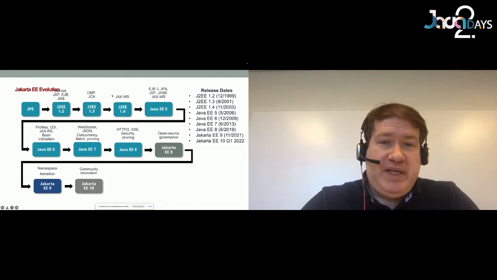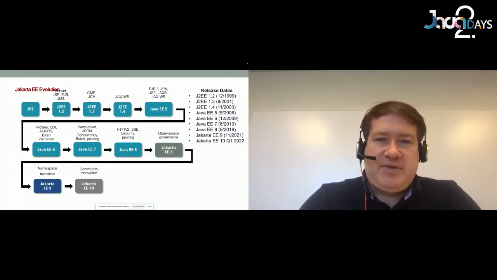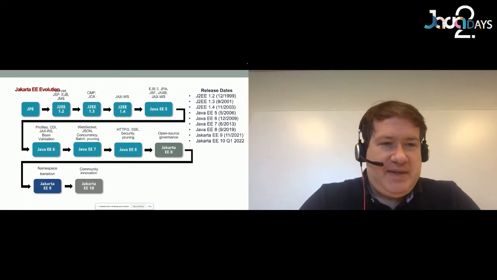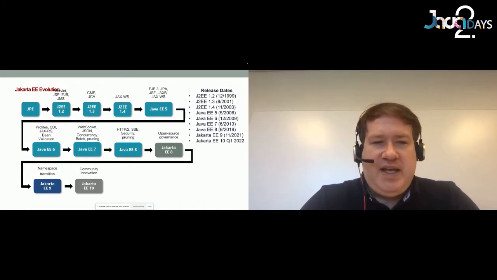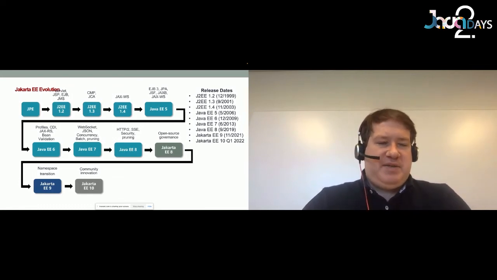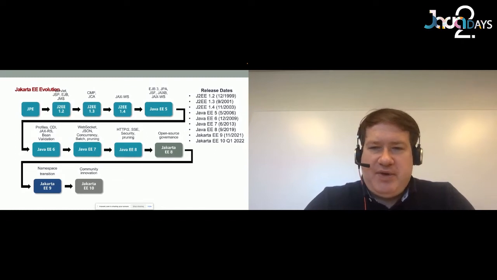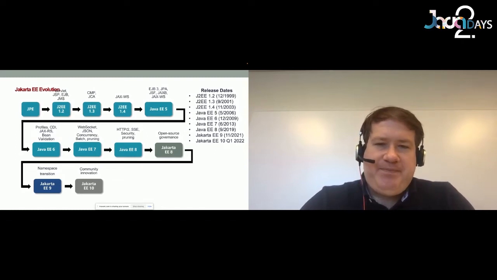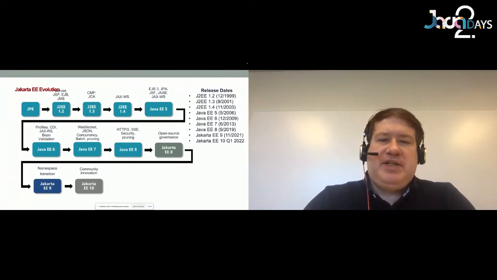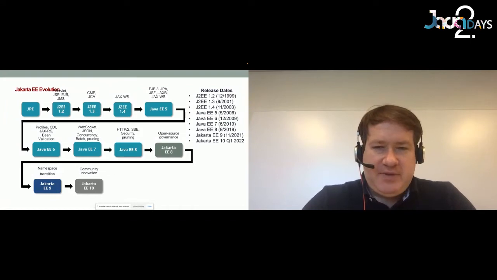The real big jump was around Java EE 5, where annotations were added and things were simplified, with the addition of CDI in Java EE 6, and it continued to evolve through EE 7. EE 8 added support for HTTP/2 and security, and started pruning old APIs that were no longer used. And then after Java EE 8, it transitioned over to the Eclipse Foundation.